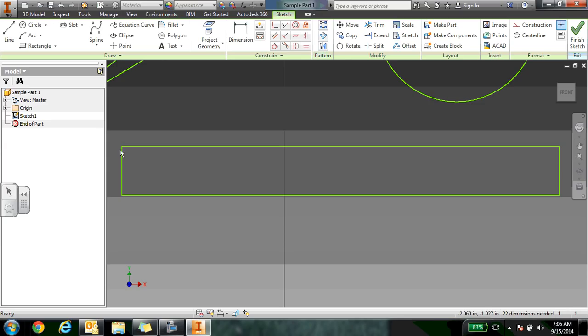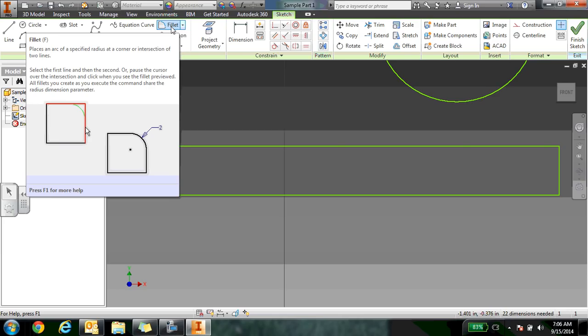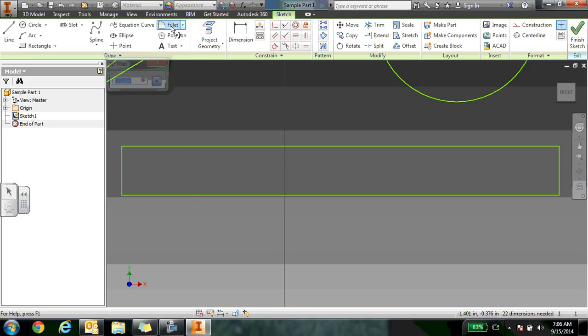Now if I want to make those edges rounded, I can use my fillet tool right up here. Do you guys see my fillet tool? Fillet, and if you hover over it, it tells you it turns a square edge into a rounded edge. So I'm going to click on my fillet tool, and you click the 2 sides that make your corner, the 2 sides that make your vertex. So click, click, and it fillets them. See how my